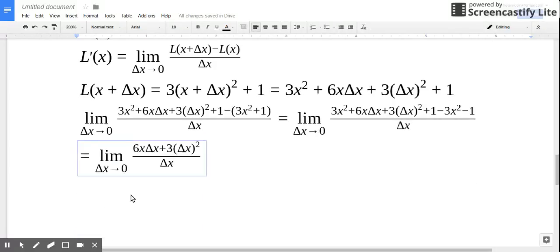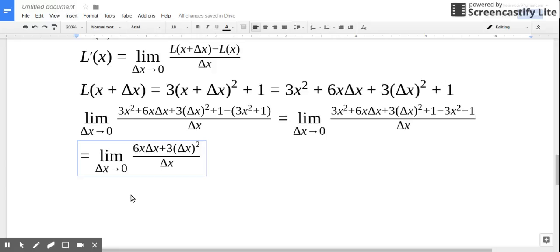Let's move the screen up so we can see something. Believe we have it. As you can see, we have a delta x here in this term, and then we have two delta x's here. So since we have this delta x down here in the denominator, we can go ahead and cancel out one up here and one in this term right here, and then we'll rewrite